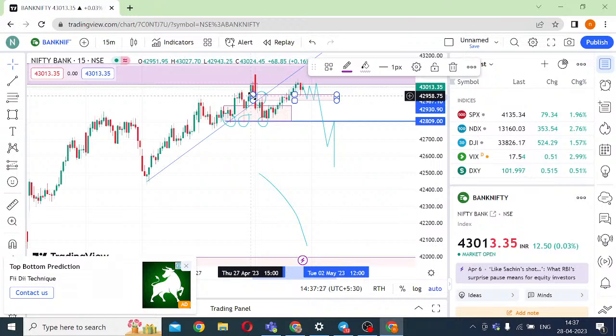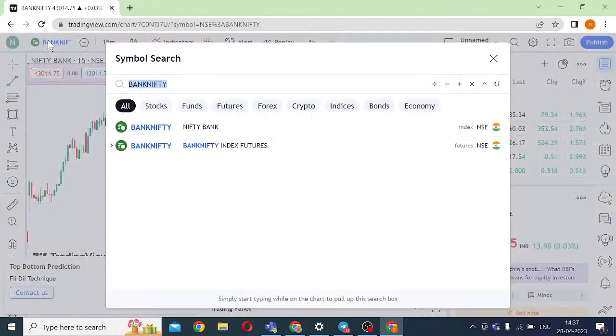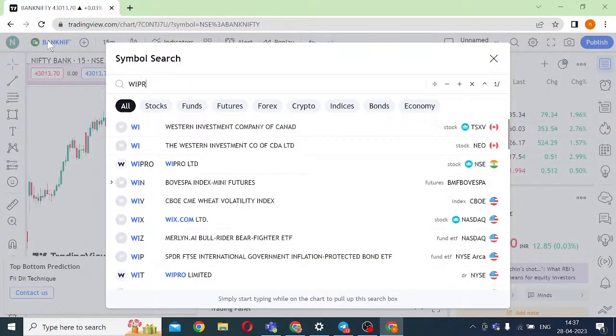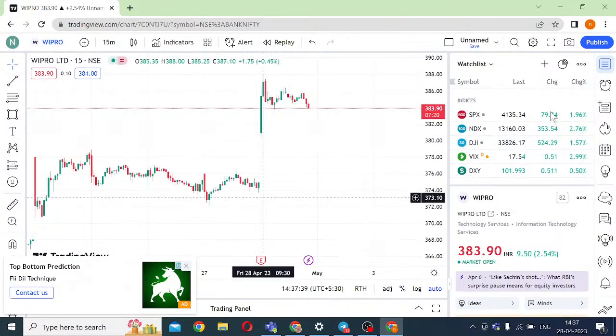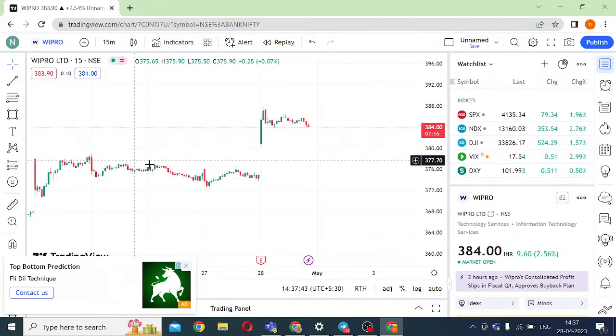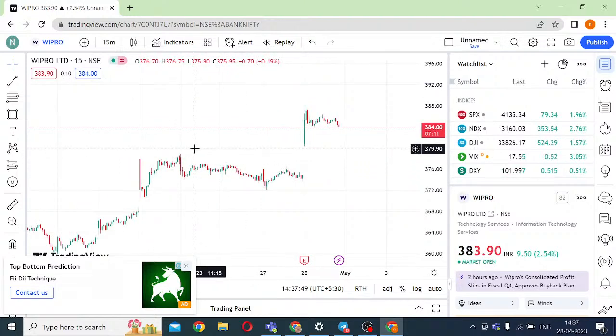If there are no questions, we will go to the stock picks. So I'll come to Wipro. I think we have given a call option as well, which many people would have benefited from. The call option was given by Mahesh, not by me. So again, you can thank him.